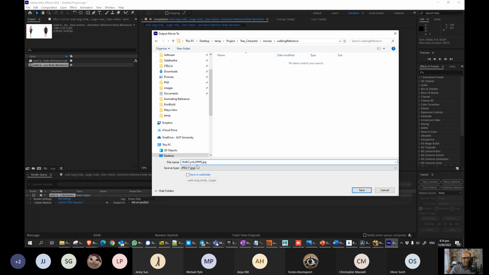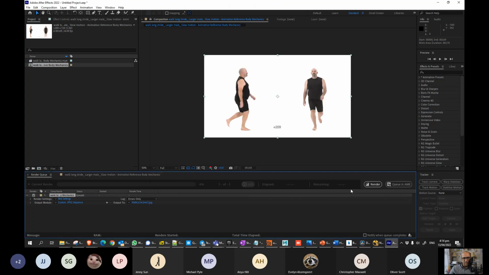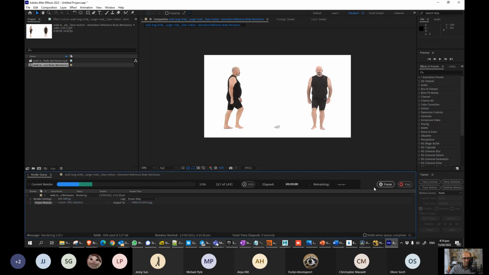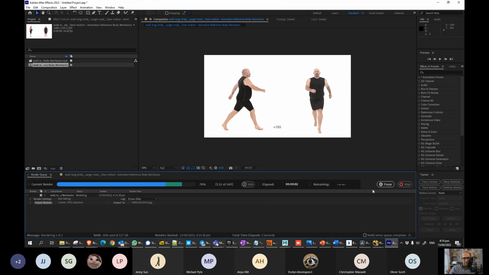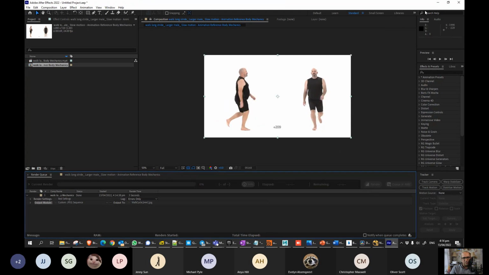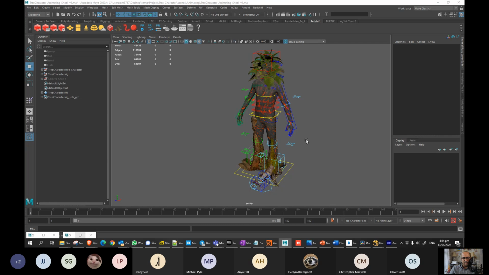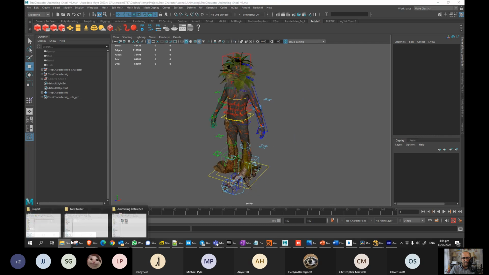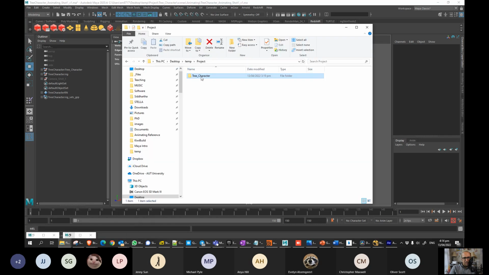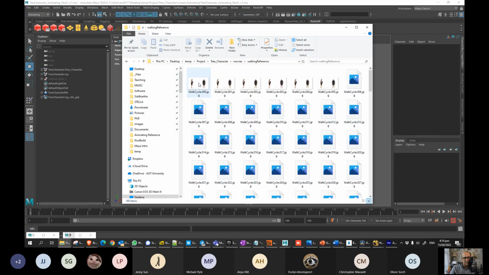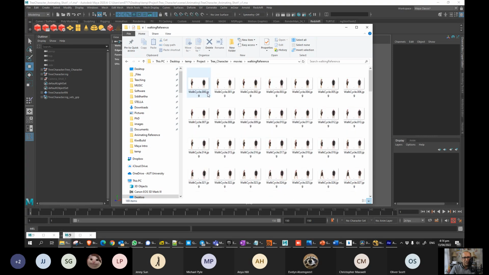So remove the underscore and say name dot padding dot JPEG, and then save it. Then render it fast. Oh, that was loud. Sorry. So what you get in your project folder is walk cycle dot 000 JPEG,